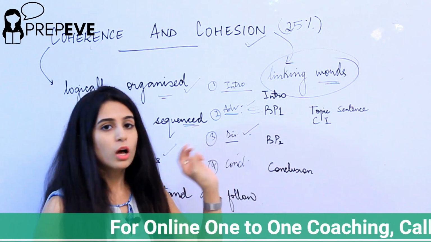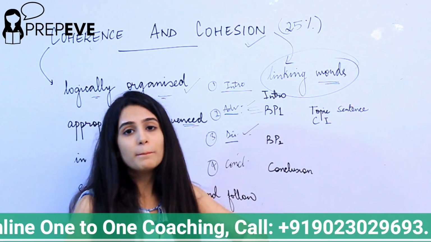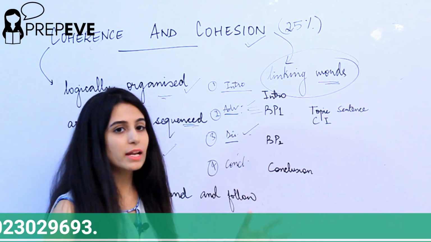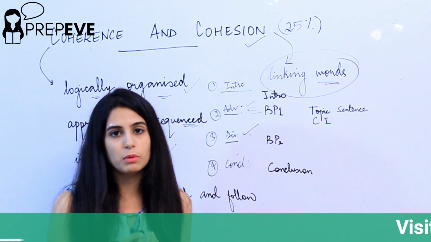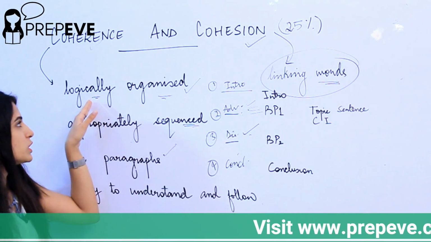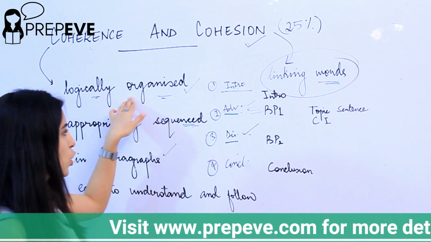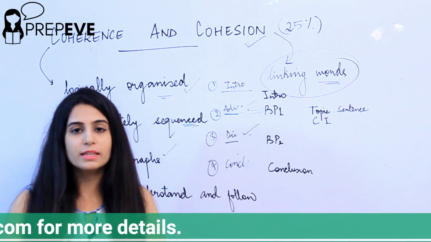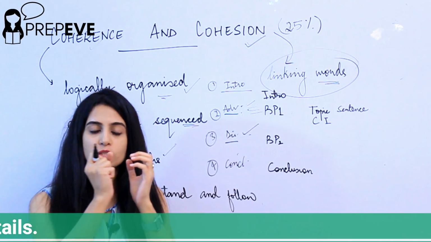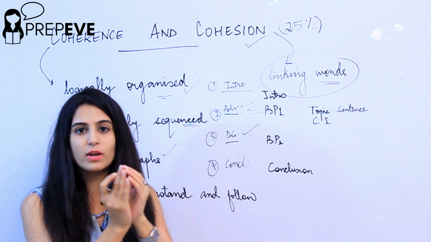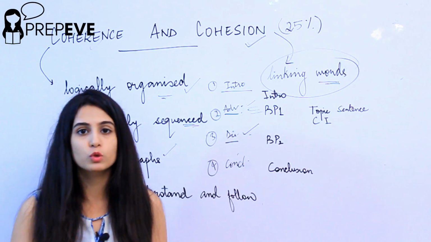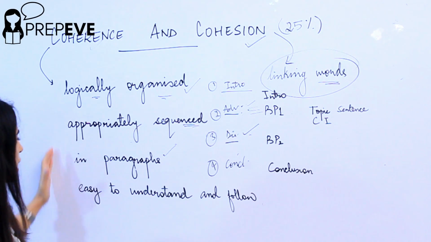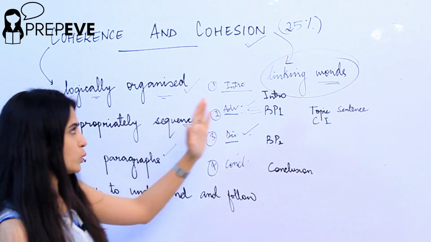Even if you want to give 3 ideas, but you mismatch it with one advantage, one disadvantage, one advantage again, that does not make one set of similar ideas, and the logic also gets ruined here. So you get disorganized when it comes to the logic. So it's important to organize your essay in such a way that there's coherence, in the sense you would introduce the same set of ideas in one paragraph and move on to the next paragraph only when you have to switch to a different contrasting idea. Right? So this is how we address our coherence and cohesion.